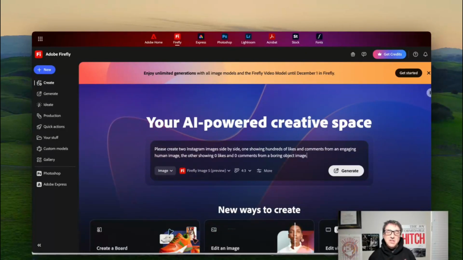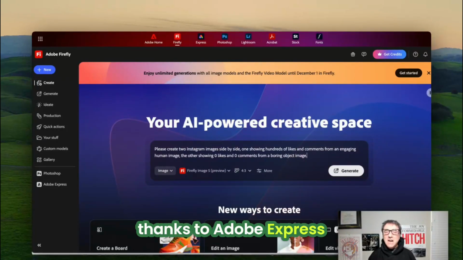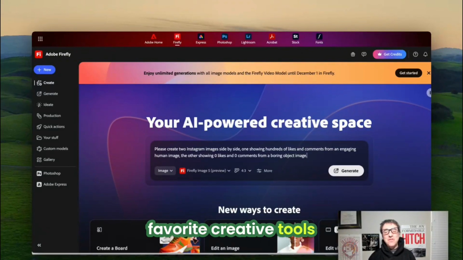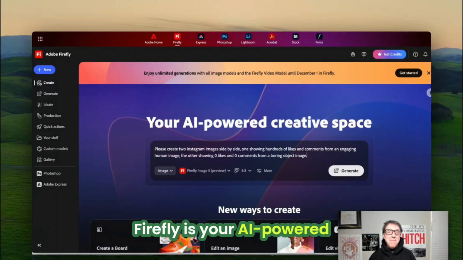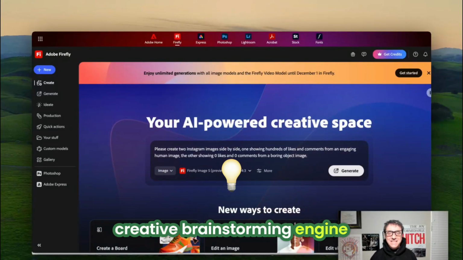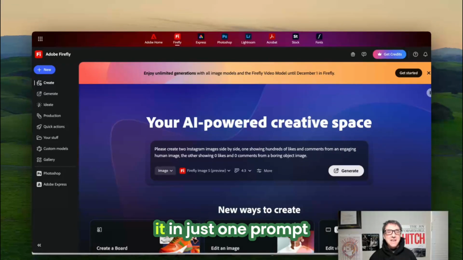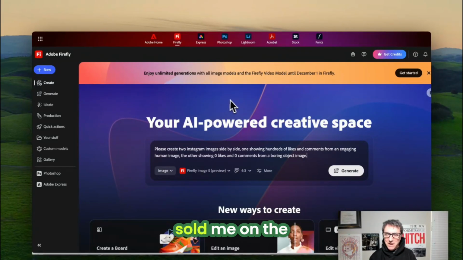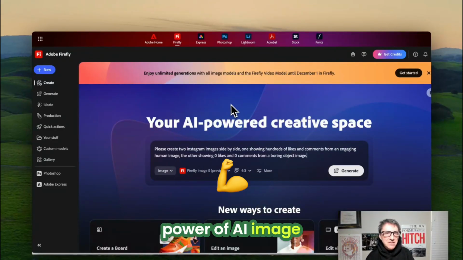So while I was at Adobe MAX, thanks to Adobe Express, I spent some time exploring Firefly, and this was one of my favorite creative tools. Firefly is your AI-empowered creative brainstorming engine, but sometimes it nails it in just one prompt. I want to show you the prompt that I did that really sold me on the power of AI image